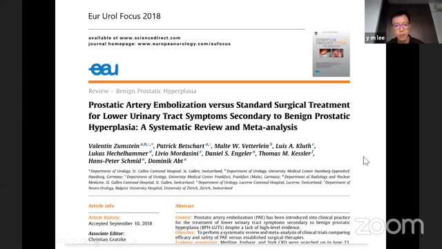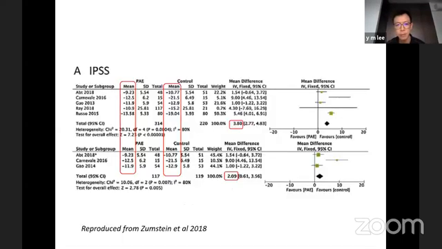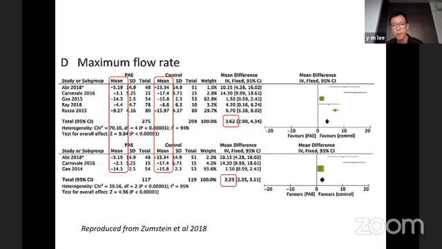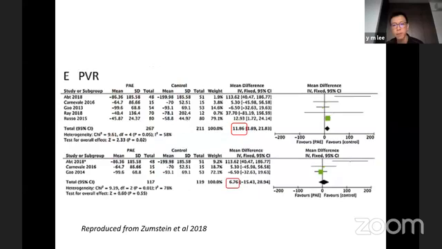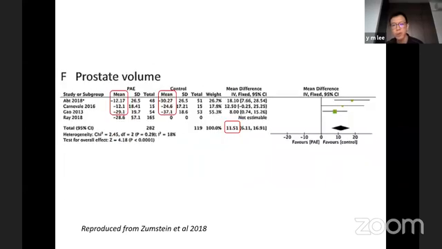So the first one is from a Swiss group, Zumstein and colleagues. So essentially what they did was to look at the outcomes of PAE compared to control, which is TURP or open prostatectomy. So even though it shows improvement in terms of IPSS, they're inferior to control, right? So it is not as good as TURP in terms of IPSS, quality of life, maximum flow rate, post-void residue, as well as the reduction in prostate volume,